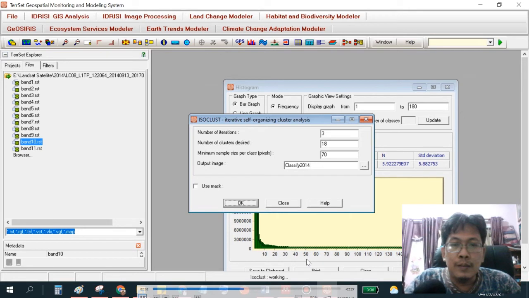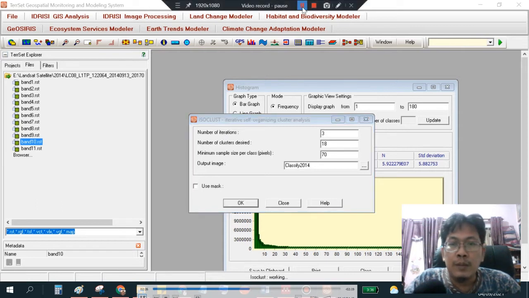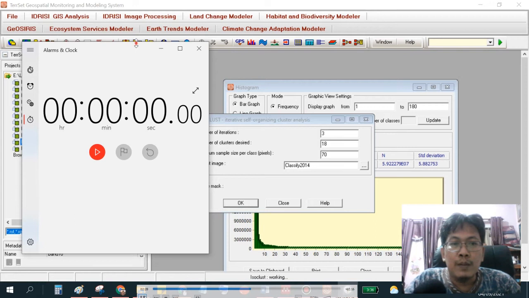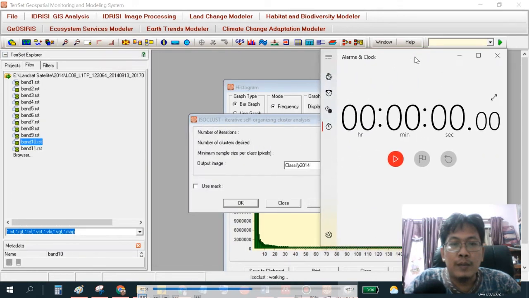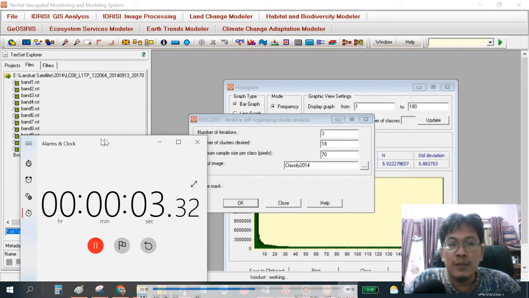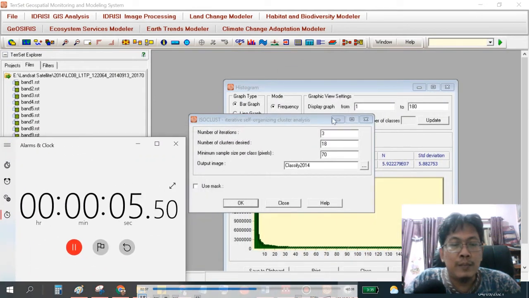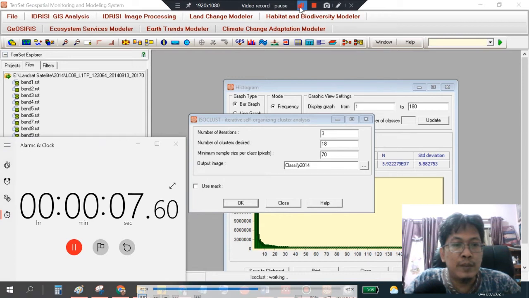And why do we only use 3 iterations? Because for the 3 iterations we have to wait 1 hour and a half.